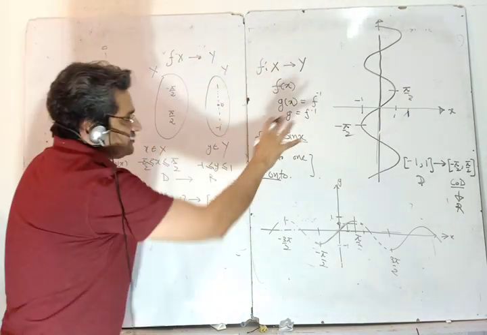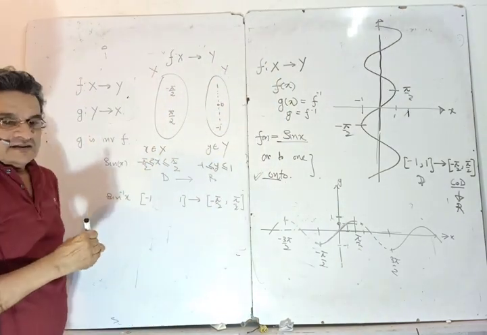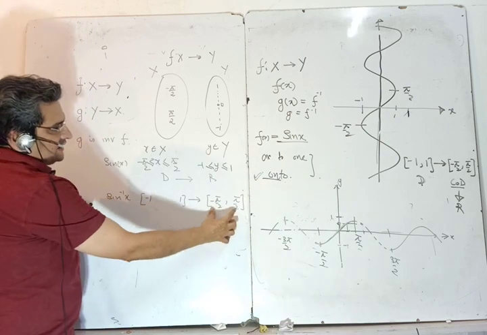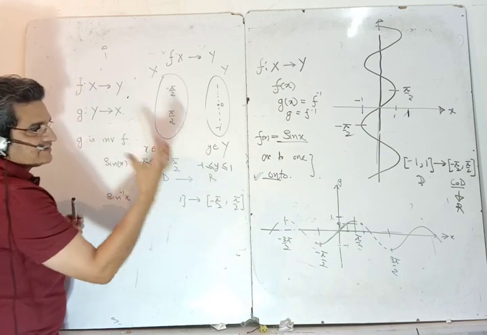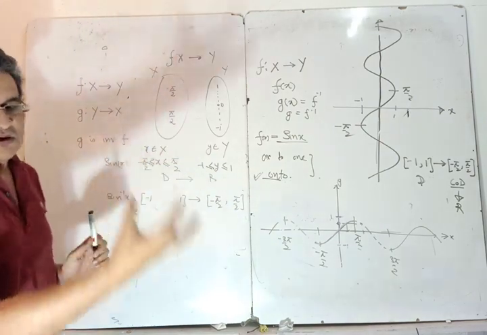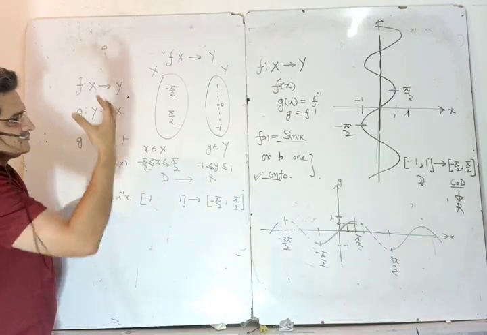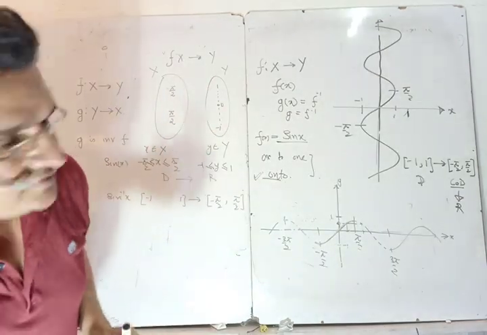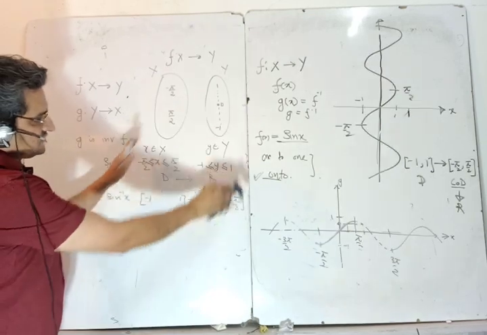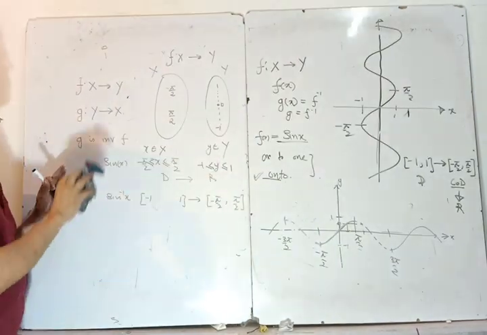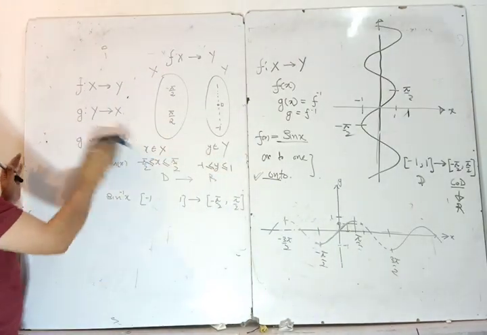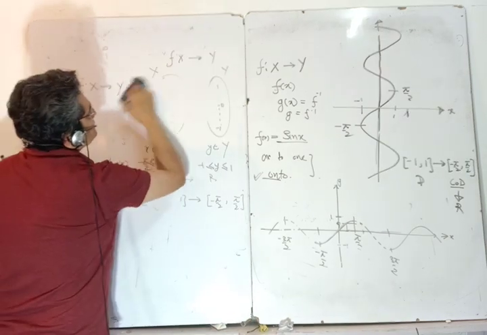Now how do we draw the inverse function? And there also I can show why we curtail only some branches, that is minus pi by 2 to pi by 2, minus 3 pi by 2 to minus pi by 2. Why do we curtail that? One way I have explained the reasoning is that the inverse function needs a 1 to 1 onto function. I'll explain it the other way around also.